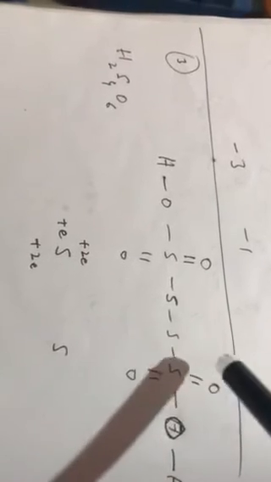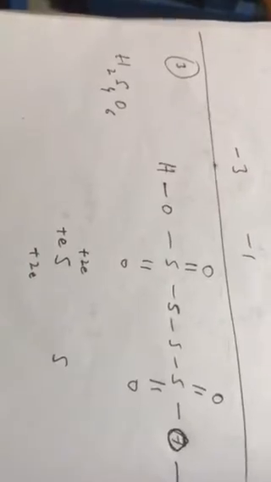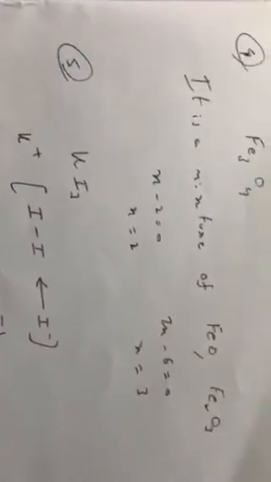Now all of you remember one thing: oxidation number can be 0, it can be any positive integer, it can be any negative integer, but it cannot be a fraction. So if you get a fractional oxidation number, you can be absolutely sure that there is a paradox, and this is what I mean by paradox. So in this particular case, the solution of the paradox is that this sulfur will be plus 5 and this sulfur will be 0.